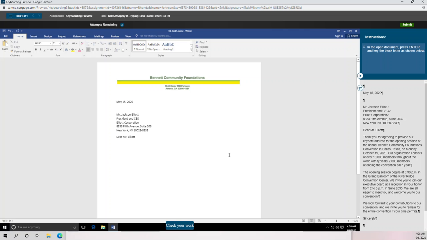And so now we're beginning the first paragraph. Thank you for agreeing to deliver the keynote address for the opening session of the annual Bennett Community Foundations Convention in Dallas, Texas